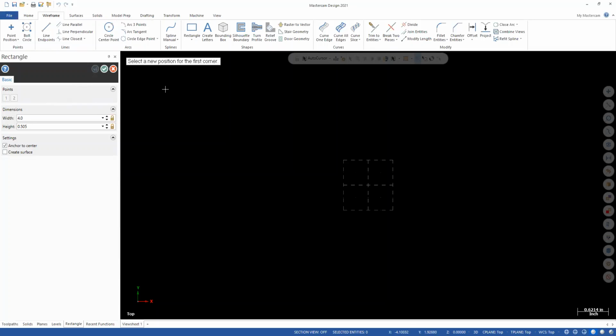So I'm going to select a position for my corner of my rectangle, or in this case, for the center of my rectangle. You can see over here what I have enabled is this anchor to center, which will enable me to anchor the center of the rectangle to wherever I want. And what I'm going to do is actually anchor it to the origin,